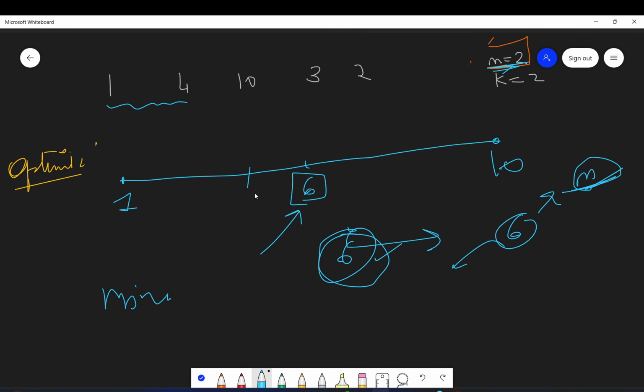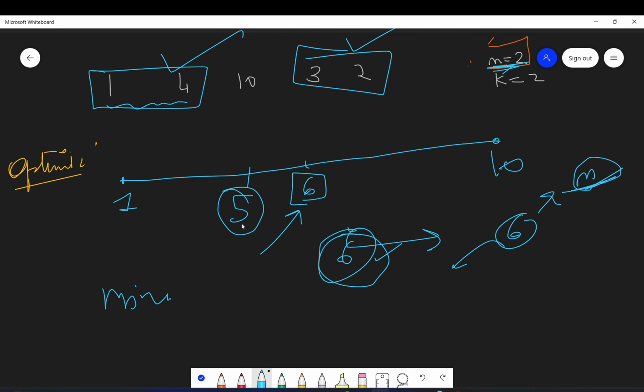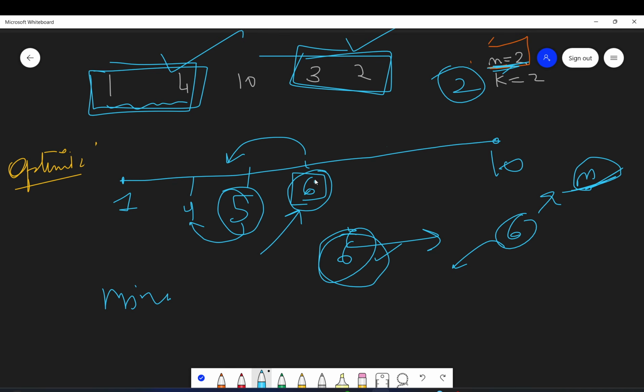There might be some number, let's say 5, where we can make m bouquets. If you see 5, these will bloom and these will bloom and make 2 bouquets. Also, there might be a day less than 5. If you take 4, you can make this bouquet and that bouquet and you will again get 2 bouquets. So this is a clear-cut concept of binary search on answer, wherein you take a day and see whether, on the left side of it, you are able to make m bouquets by that day.